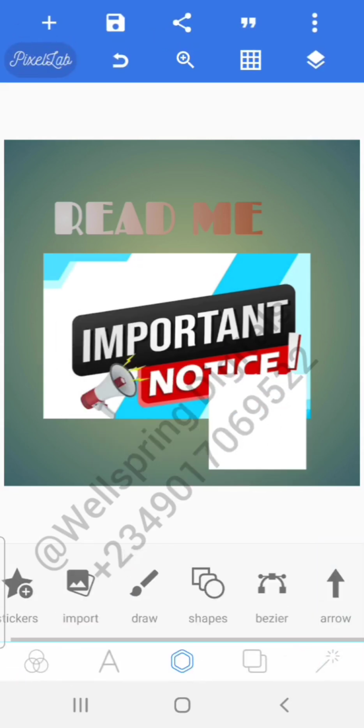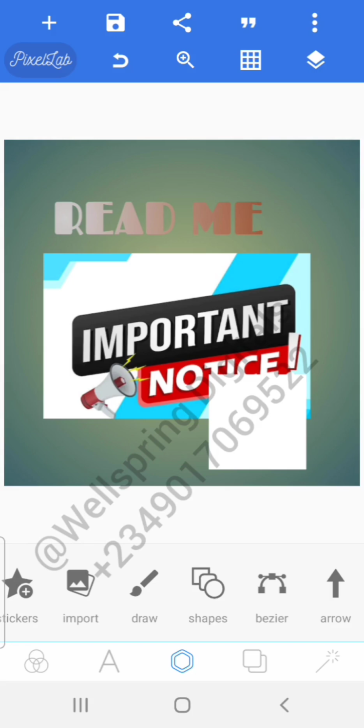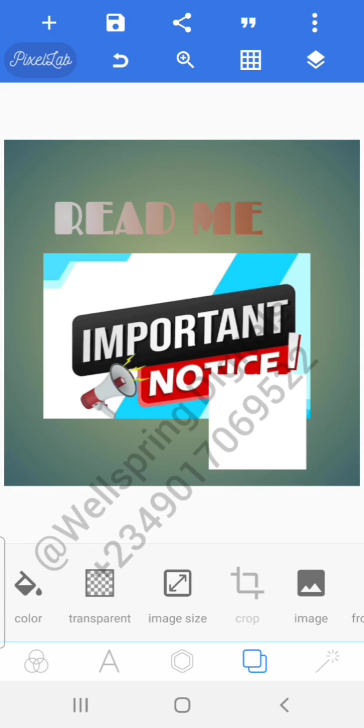Then I think this is the Bezier tool. We discussed that also during the course of our class. Then the last one we have here is this icon. Going to this last one, we discussed that during the course of our designs too. I don't want the video to be too long. So here now, which is the second to the last, is for changing the